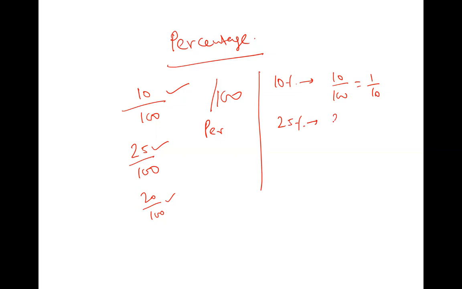25%, it means 25 out of 100. What is the fraction value of this? 1 upon 4. 20%, it means 20 upon 100. What is the fraction value of this? 1 upon 5. Right? So if someone says that there are 10 students in a class, out of which